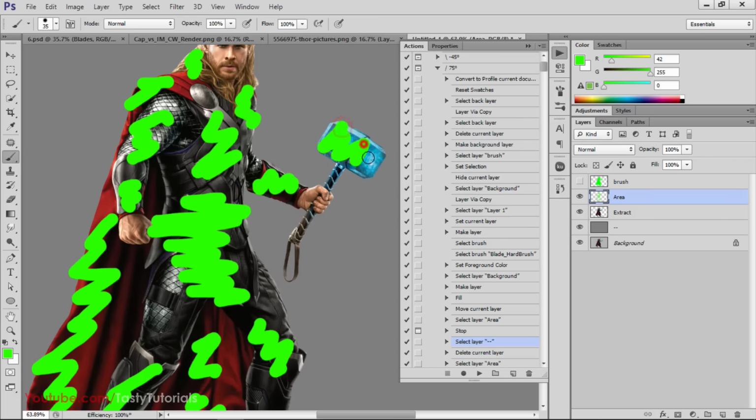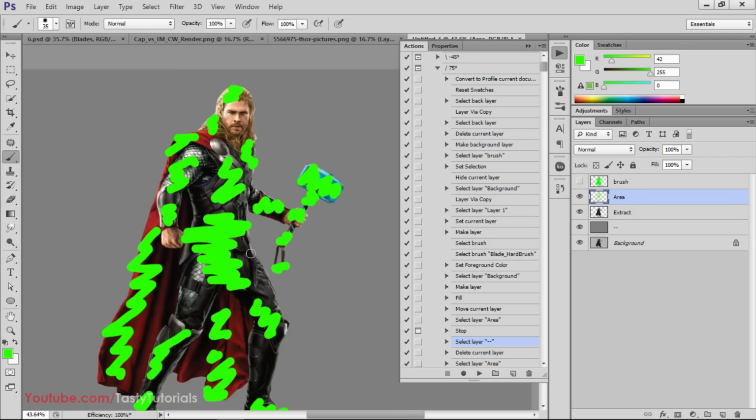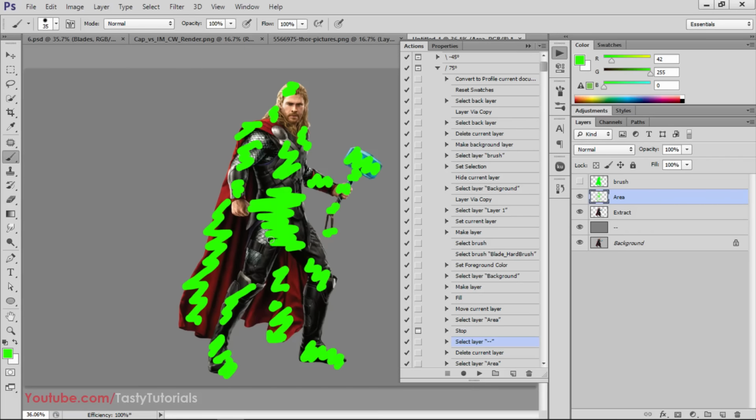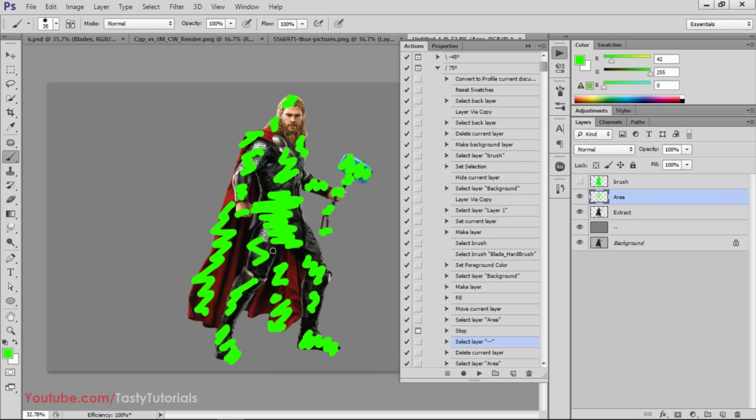Okay, so we'll use this hammer tool in our color selections like this. I think we have made very nice decisions. So great, nice. Now what we'll do is simply click on the play button,